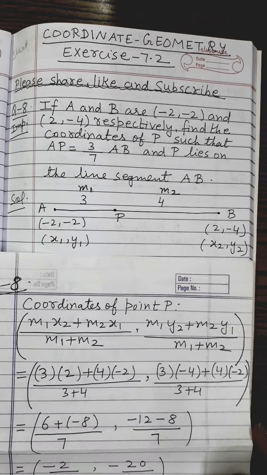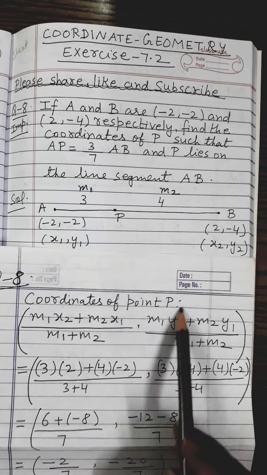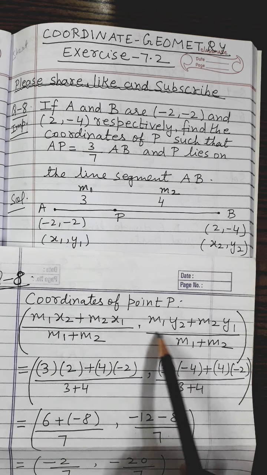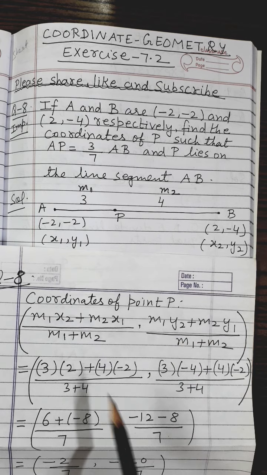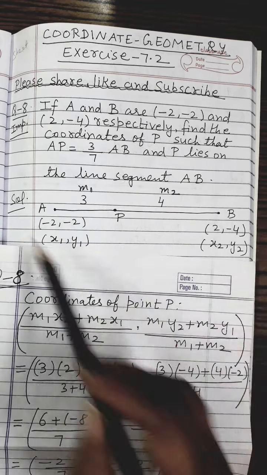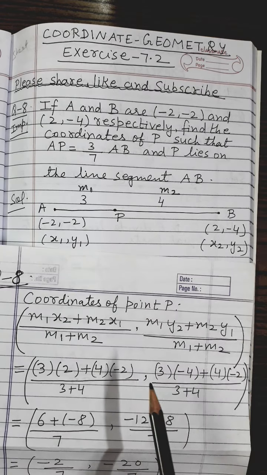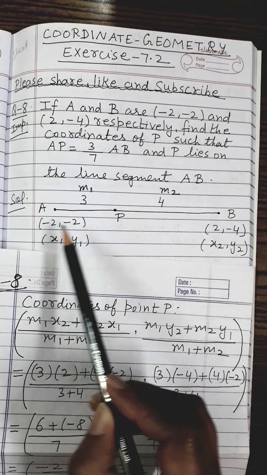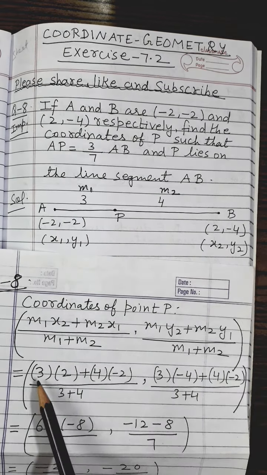So come to this substitution process. I am writing these coordinates of point P again. This is your section formula, (m1 x2 plus m2 x1) upon (m1 plus m2), comma (m1 y2 plus m2 y1) upon (m1 plus m2). Now look at the figure. All the values are mentioned in the figure in order to make your substitution easier. So what is m1 x2? Look from here, 3 into 2. So 3 into 2 plus m2 x1, 4 into -2. So I write 4 into -2. Divide by m1 plus m2, which is how much? 3 plus 4. So denominator 3 plus 4, comma